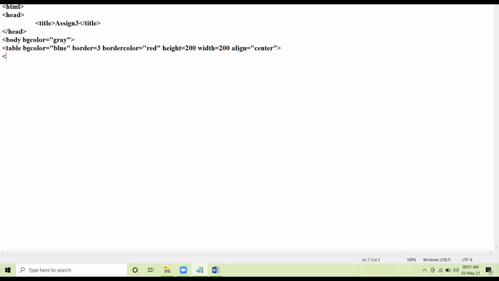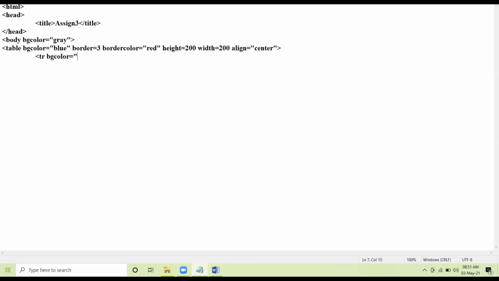Please see here on the screen. Don't start all the tags like this. This is wrong. Apply proper indentation, so that each tag is clearly visible and formatting is also taken into consideration.